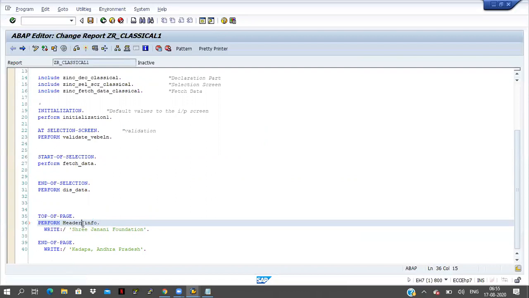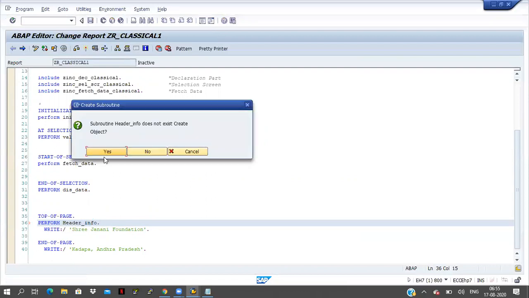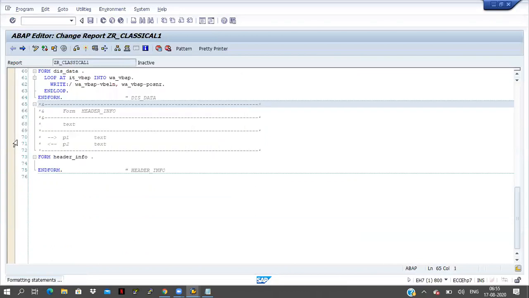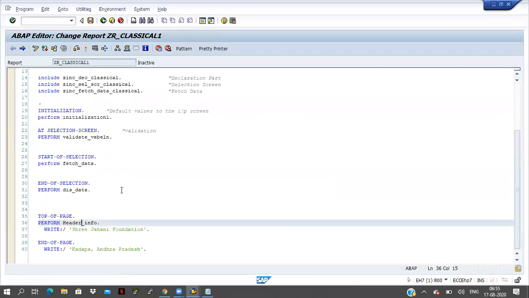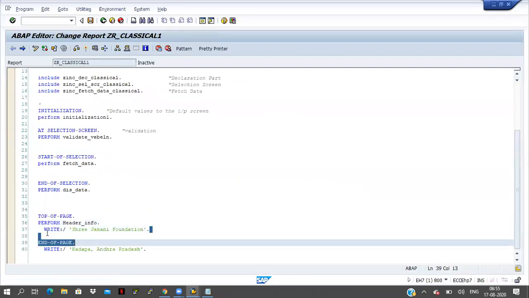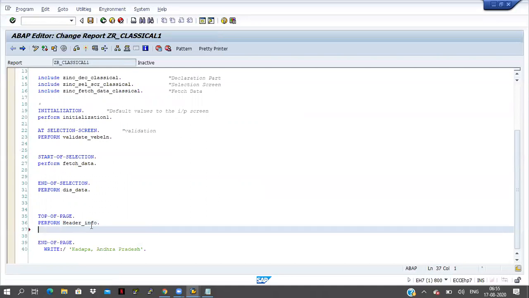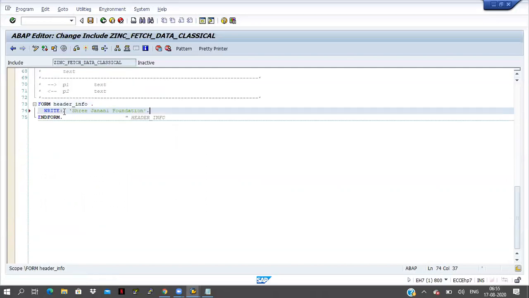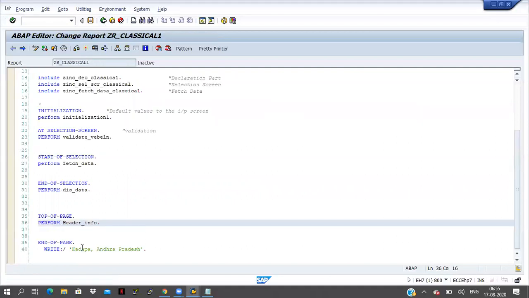Just double click on this name, click on this button, select the fetch data here, click on save, click on back, and I will cut this one here. Once again double click on this name, and here I will paste. Now click on back. So end of page is also coming.